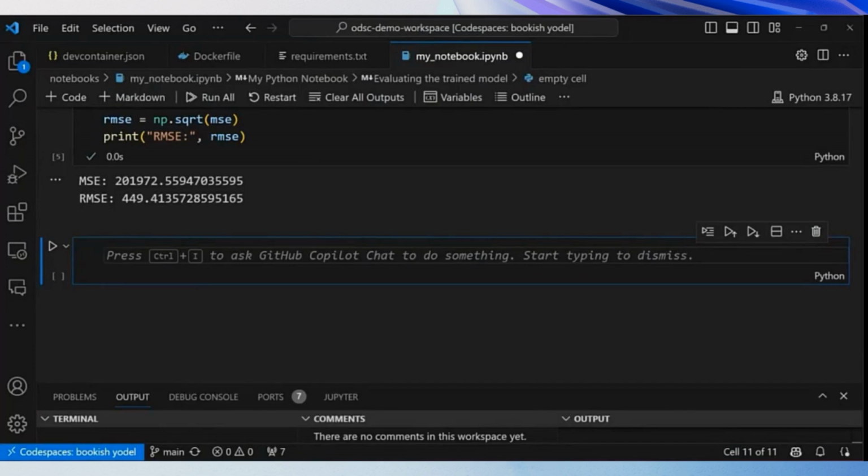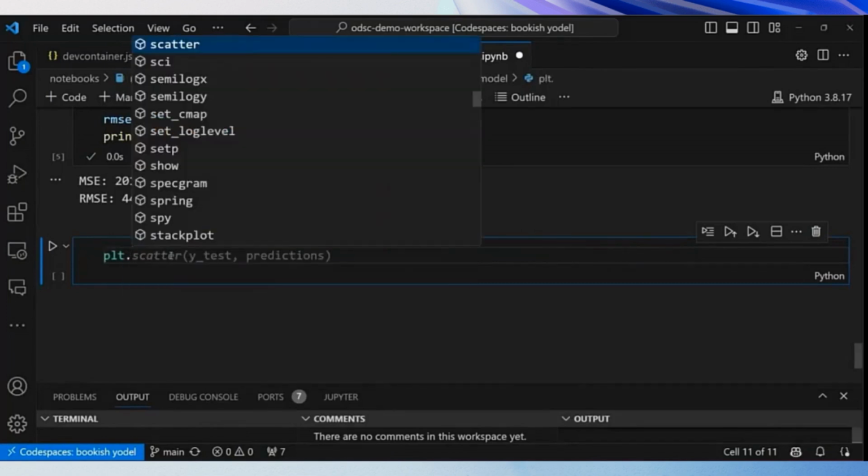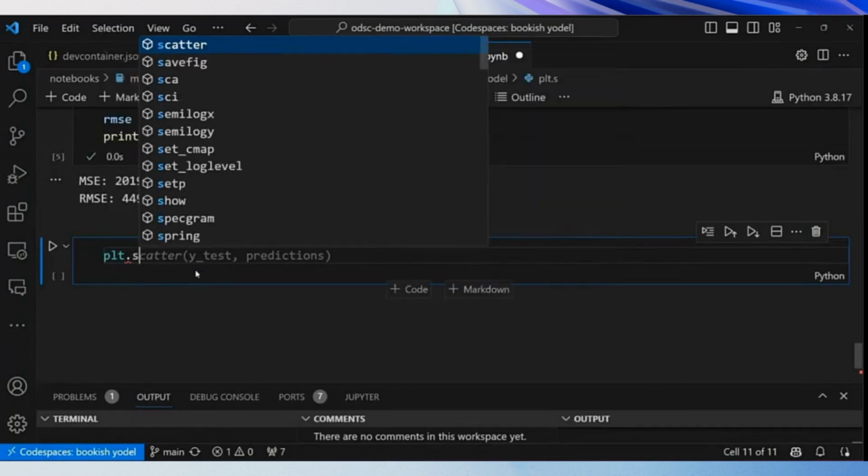Let's now add a new code chunk to visualize the difference between the actual and the predicted values with a scatter plot, in which we have the actual values of daily bike shares on the x-axis and the predicted values on the y-axis. So if I start typing plt, which stands for plot, and then dot, you can see that GitHub Copilot starts suggesting the completion of the code inline. By going over the gray text, which is the GitHub Copilot suggestion, I can choose between accepting all the suggestion, accepting a portion of it, or just ignoring it and continuing with